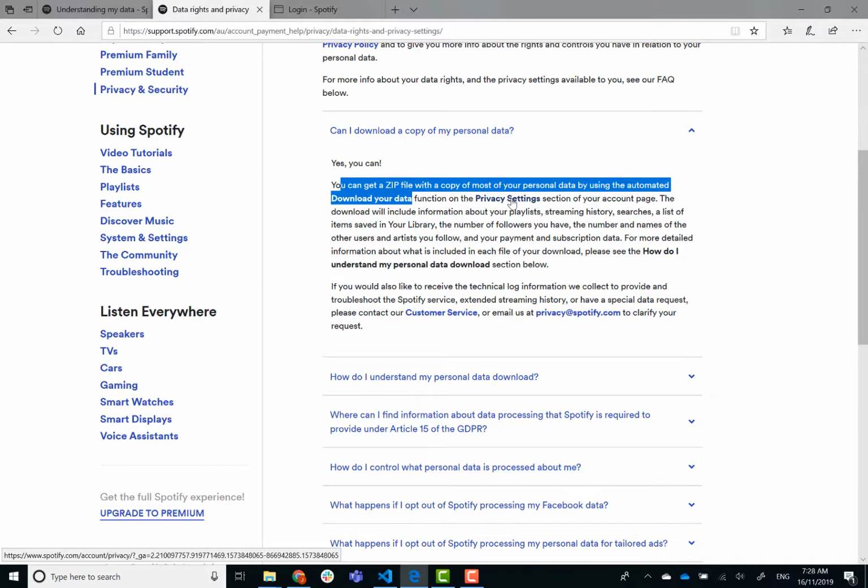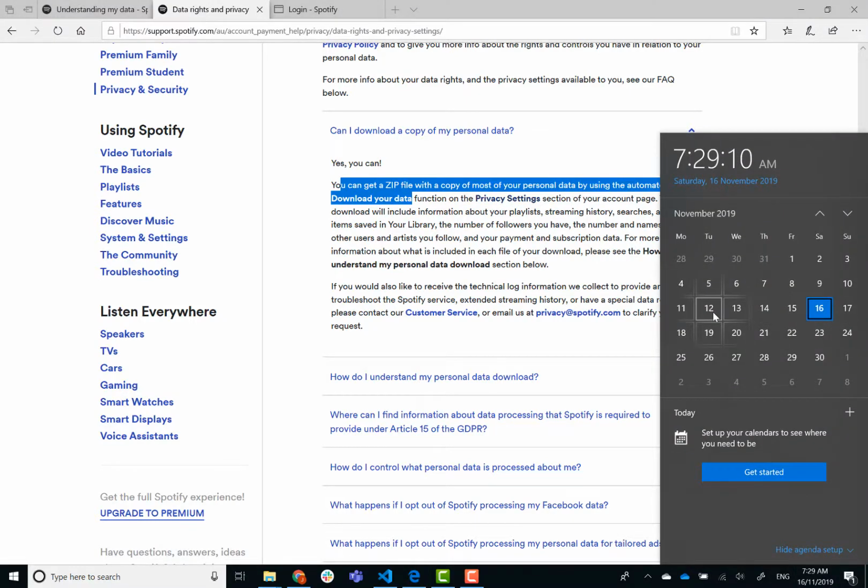So you confirm who you are just by your email address, and then they usually take a little bit of time to export all the data. To give you an idea of timelines, I did this on the 12th, which was Tuesday. I did it on a Tuesday night, and I got the email saying here is all your data to download on Friday night. So it did take them about 3 days to get all my data. That's actually longer than normal.